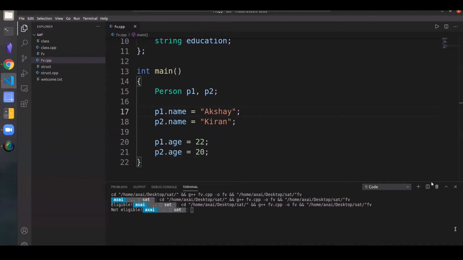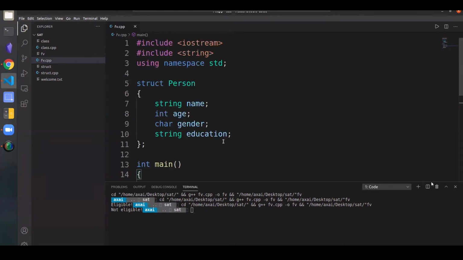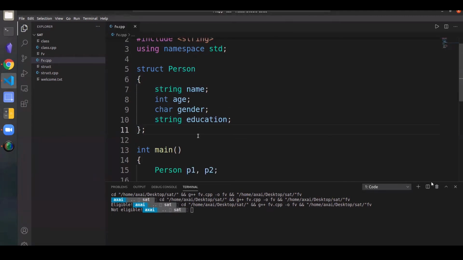So basically, formally speaking, what structs do is they provide us with a way to club or group all of these individual variables into a single entity. So I don't have to declare these things again and again for each and every new person that's either born or each and every person that dies. All I have to do is declare new variables for him.